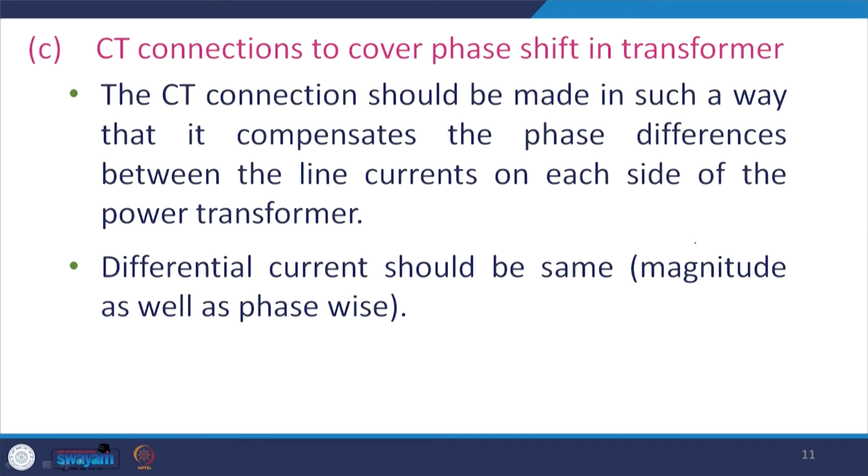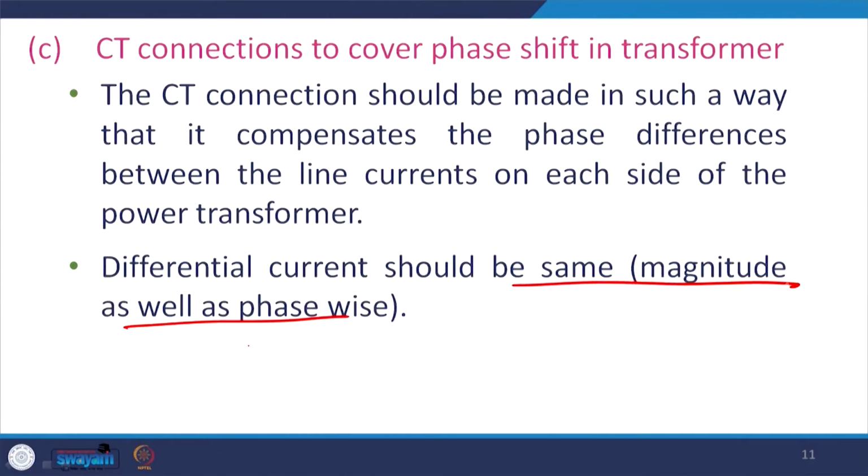Whenever we apply a differential protection scheme, a bias differential relay, to a delta star transformer, as we have discussed, there is an inherent phase shift of plus or minus 30 degrees depending upon the vector group we use, either 1 or 11. Whenever we apply the CT secondary current from the LV side and the CT secondary current from the HV side to the relay, the differential current always flows through the operating coil. These 2 currents given to the relay must be equal in magnitude as well as in phase. This is very important.